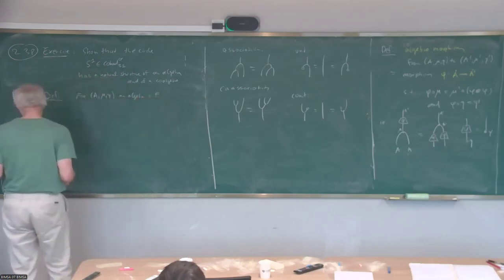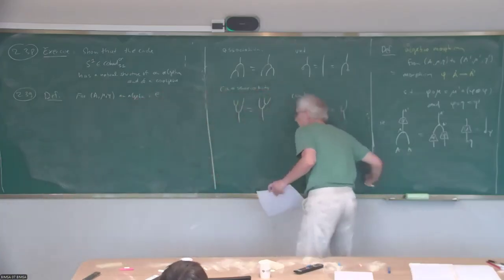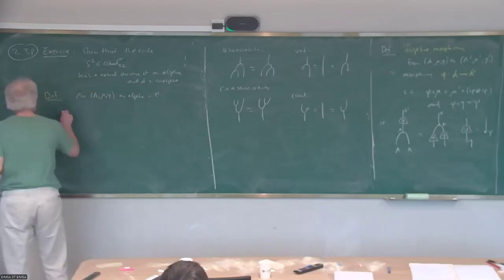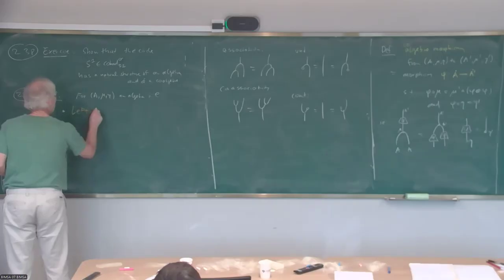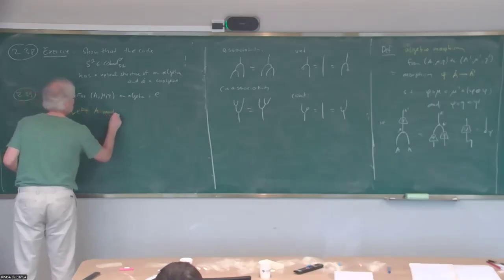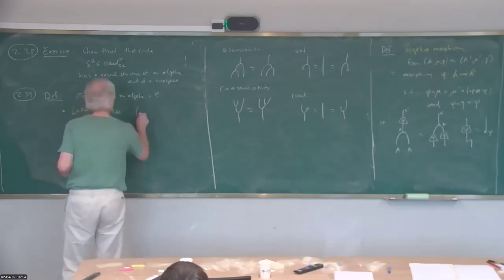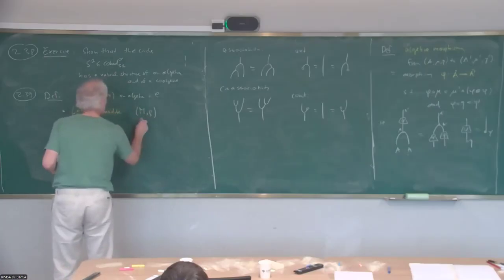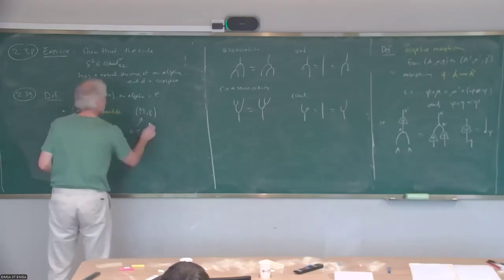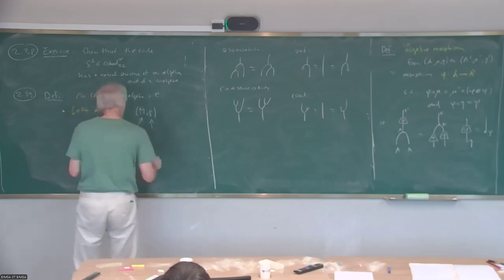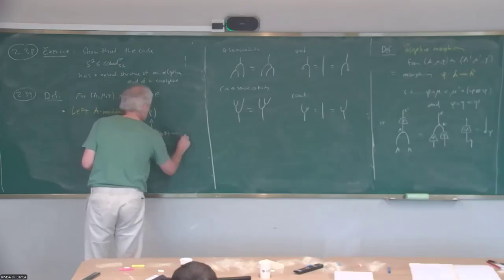We have an algebra A, then we say left module over A, or we also just say left A module. This is a pair (M, rho), where M is an object in C, and rho is a morphism from A tensor M to M, such that,